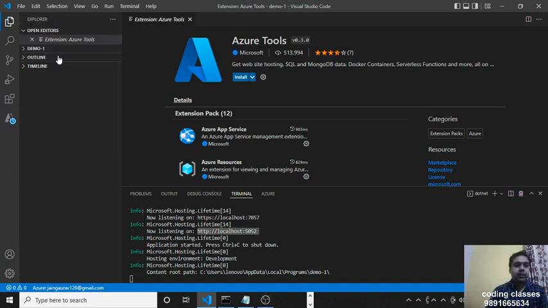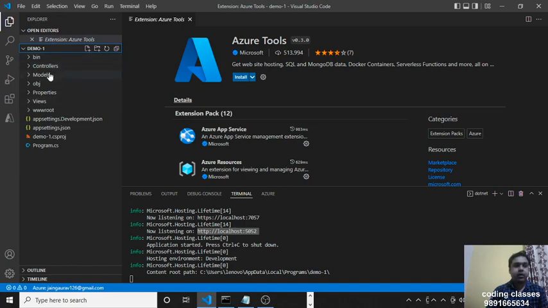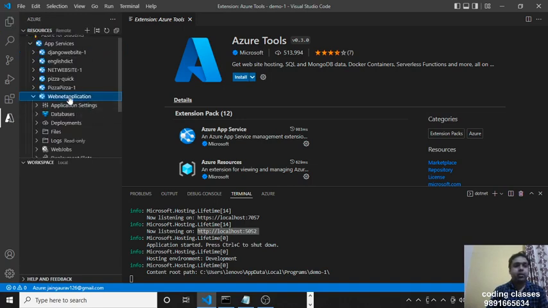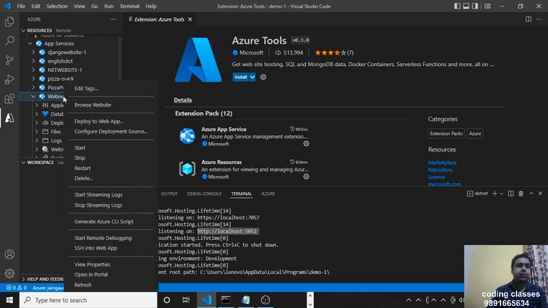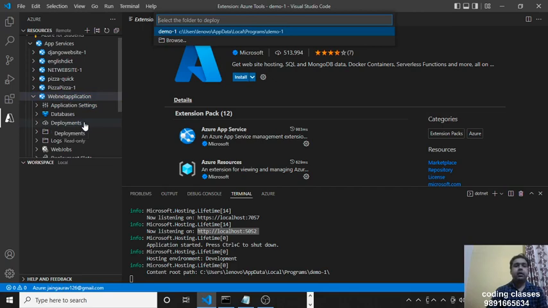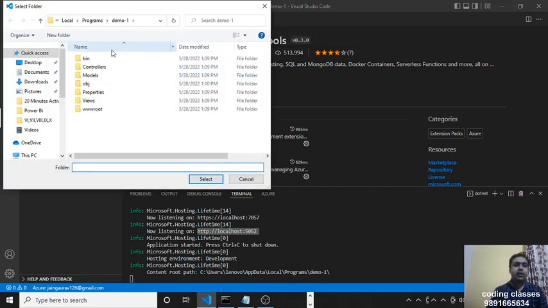That's the website we just created, demo-1, and you can see here all the files and folders are present inside this demo-1. We'll be hosting this website on the WebNet application environment, which we just created on Azure. Now what you have to do is bring your cursor on WebNet application and right click. Here you will see an option called Deploy to Web App. Click it and it will show you a window like this. Browse the location of the